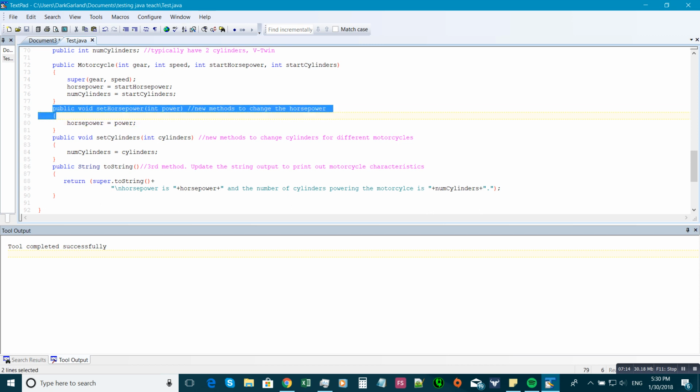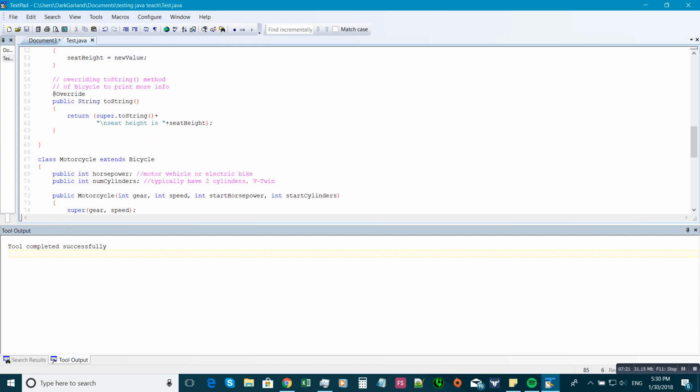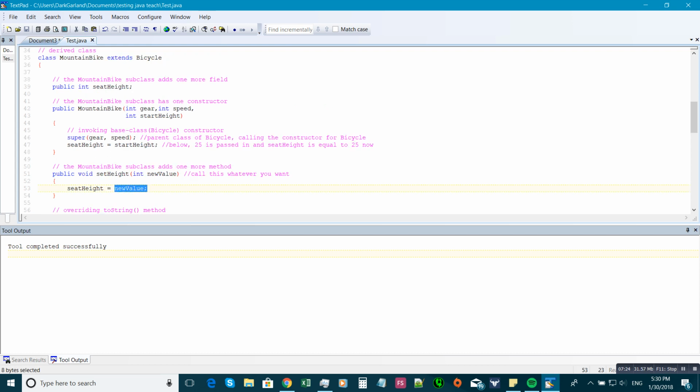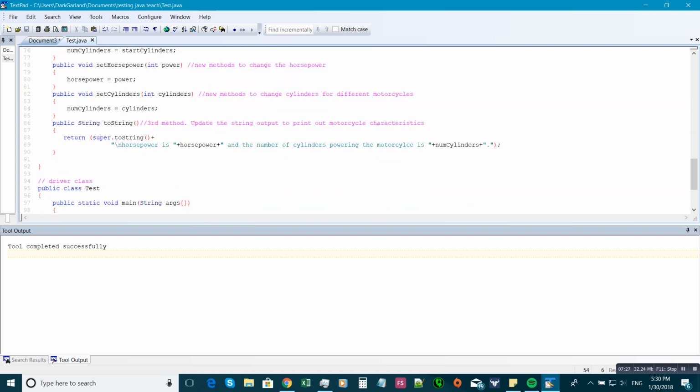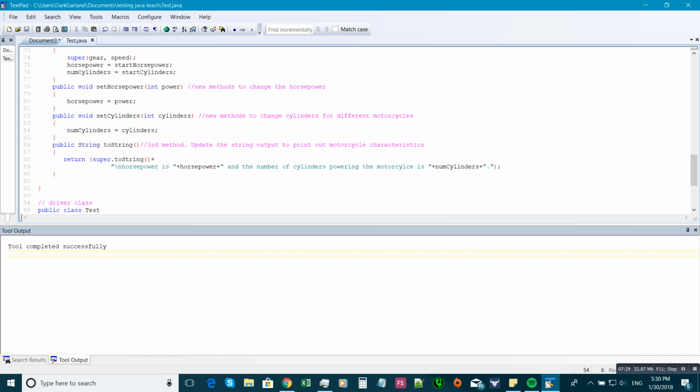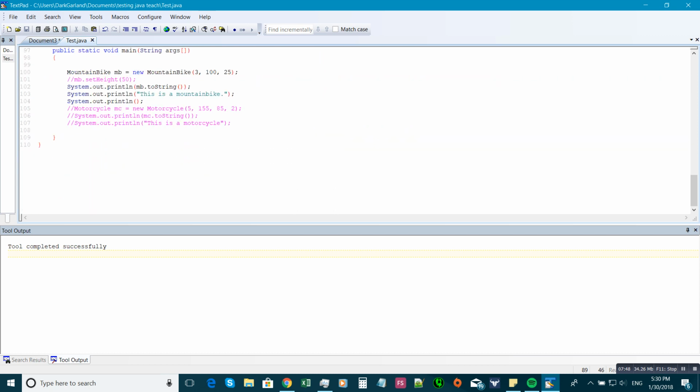Now we want to change the horsepower in the future. Here's your method. We want to change the cylinders in the future. Here's your method. Same concept as above. Same concept. Same as this. Just different names. And we also have to update our toString method so it returns the correct amount of information that we need to say that this is a motorcycle. And I just added horsepower is plus horsepower, and the number of cylinders in the motorcycle is the number of cylinders. So if we uncomment these and run it,